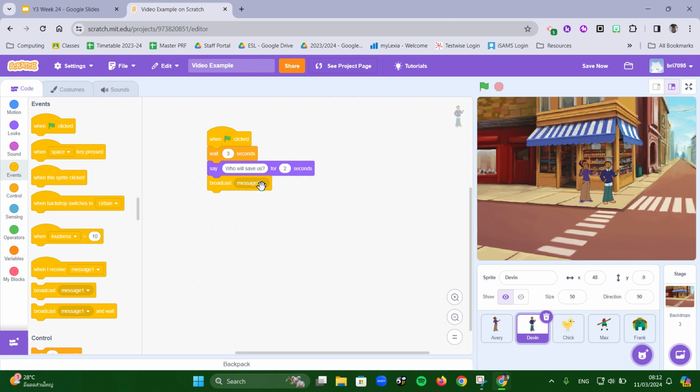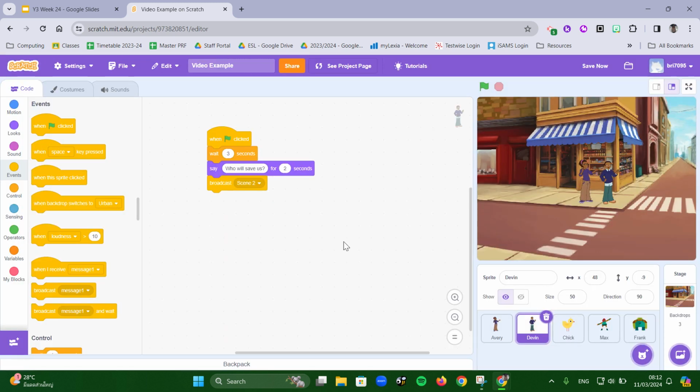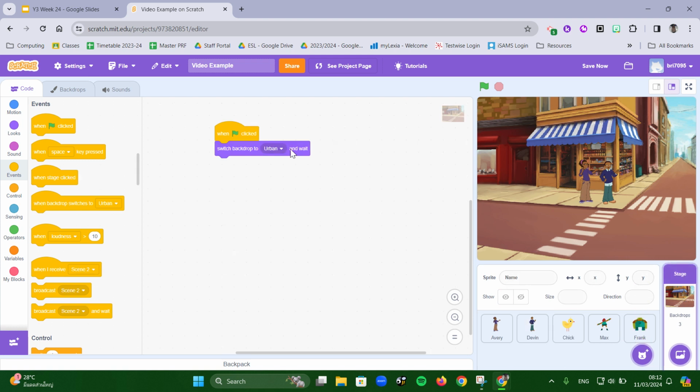Next, I'm going to change this because we can use message one if we like, but it's easier if we create a new message and give it a name. I'm going to call it scene 2. And this just means that when we go to tell our objects what they are doing, we know what our message means. So when I'm switching my backdrops, when I receive scene 2,